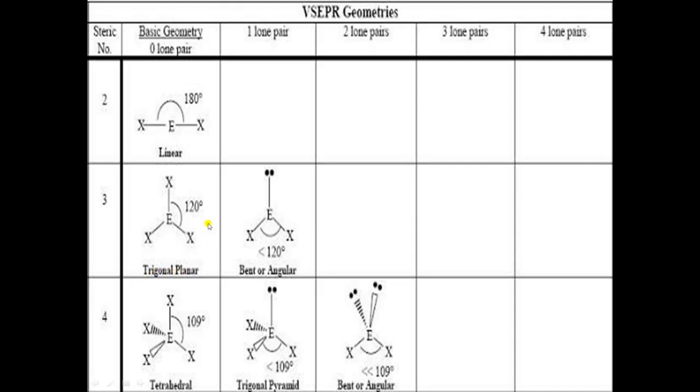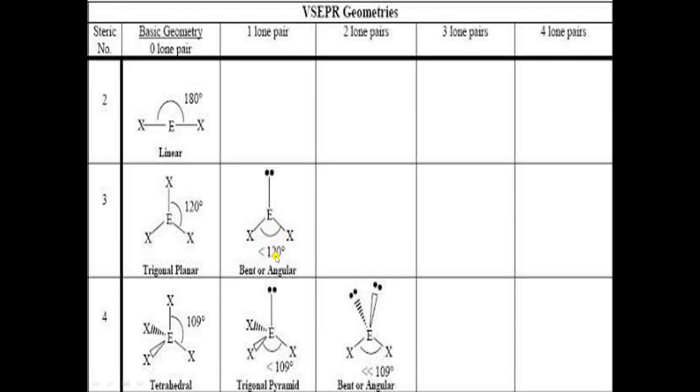Okay, now this is the case of 3 electron pairs when there is no lone pair. If out of 3 electron pairs, 2 bond pairs are present and 1 lone pair is present, then the shape will be this. It is known as bend shape or angular shape. So 1 lone pair will come here and 2 bond pairs are present here. Okay. Angle between these two is 120 degree.